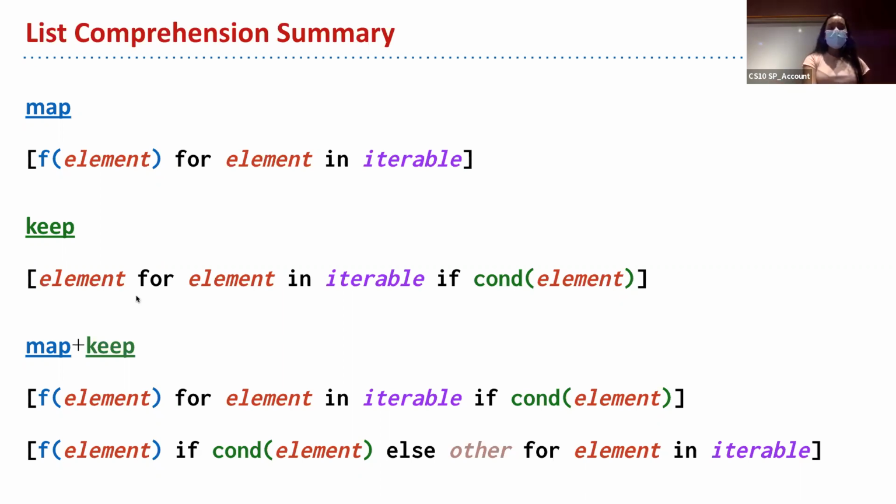So that's why we do element for element here, because it's just keeping the element the same, unless we're going to call a function on it, in which case you could do this combined version, which applies the function as well as keep checks the condition and decides what to keep. Does that make sense? Okay, this last case also works. You can take a look at it, but it's probably not going to be used as often in this class. Any questions about list comprehensions? Okay.